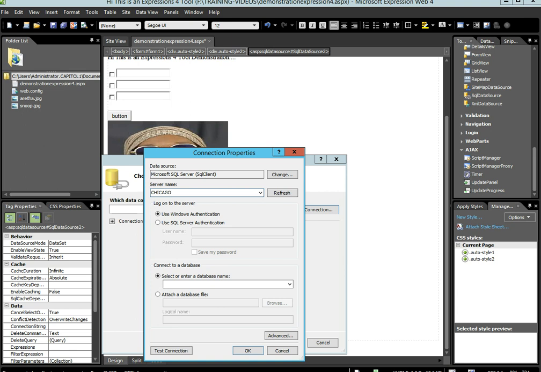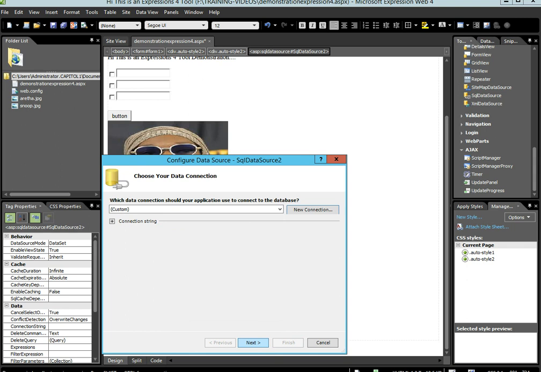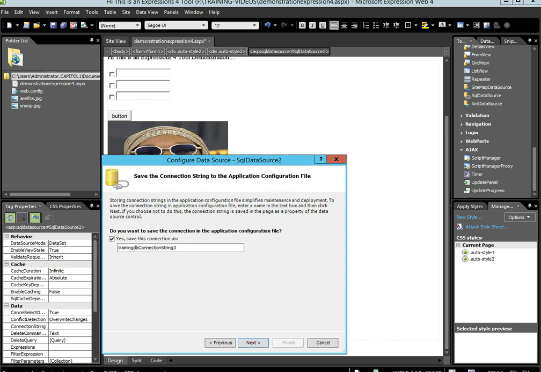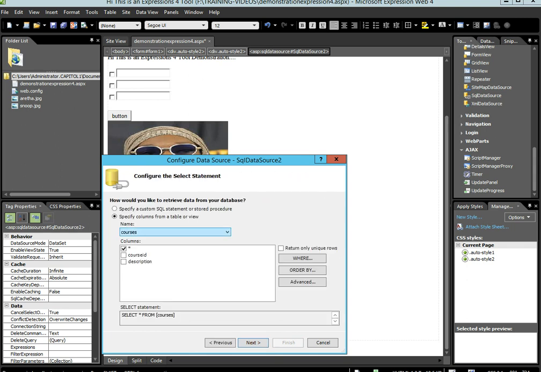My server name is Chicago, my SQL instance is called ArcServe app, and I'm going to use Windows authentication, and my database name is TrainingDB, and you see that there, and we are going to click next and next, and now we have